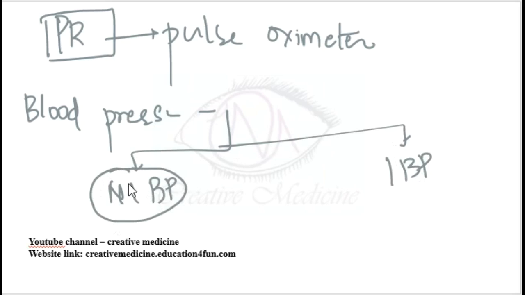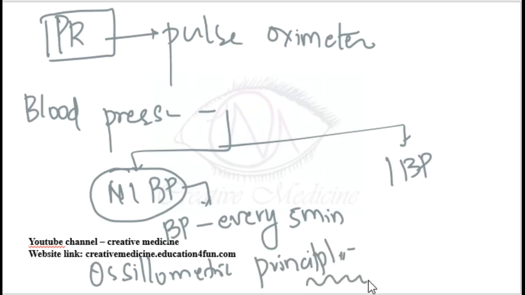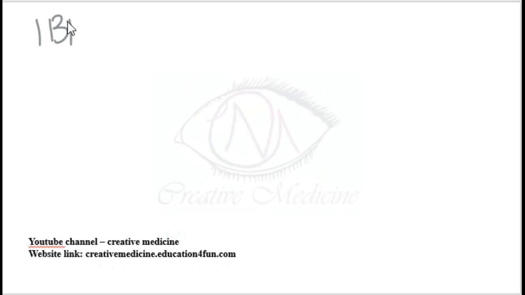Non-invasive blood pressure must be recorded every 5 minutes. In non-invasive blood pressure, the oscillometric principle means that mean arterial pressure is seen. Then second, we have invasive blood pressure. Invasive blood pressure is a continuous recording of blood pressure, and it is the gold standard method